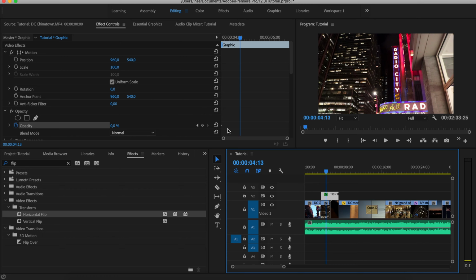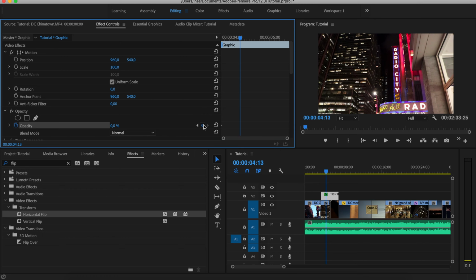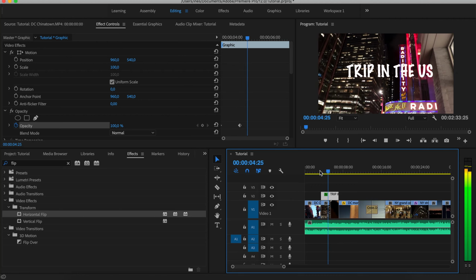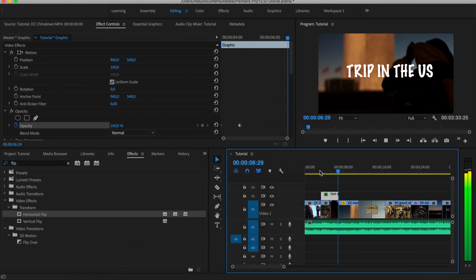Go back to the Effects Control panel and press Add Remove Keyframe and set the opacity to 100%. Let's see how the effect looks. We could leave our video like this and it'd be good to go, but if you want to add something